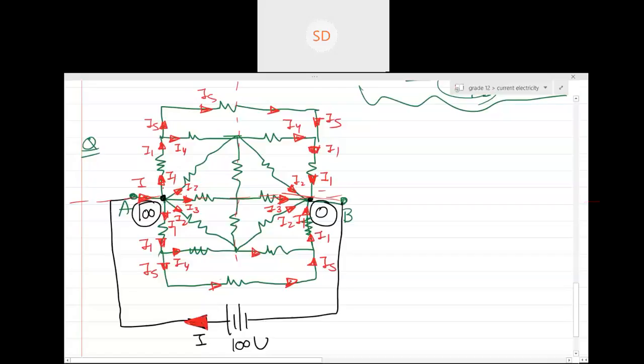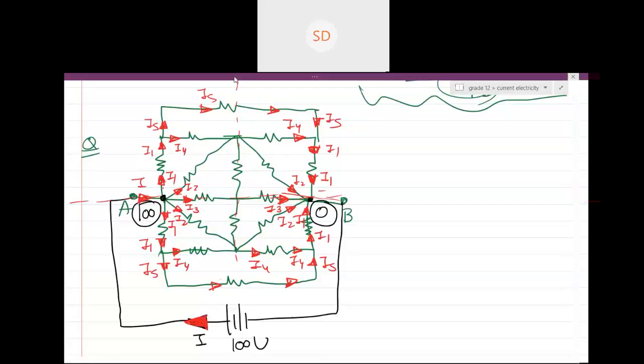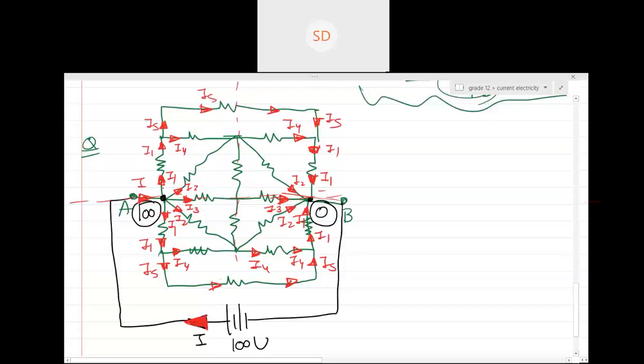So can you see this I4 will pass as it is? Then only it will come over here, I4, I4. So can you understand the whole current distribution thinking? I don't care what happens over here, and the middle part doesn't matter. But can you see, currents are distributed mainly at all the joints? Yes or no? Yes, sir. Current is distributed mainly at all the joints which were possibly formed.